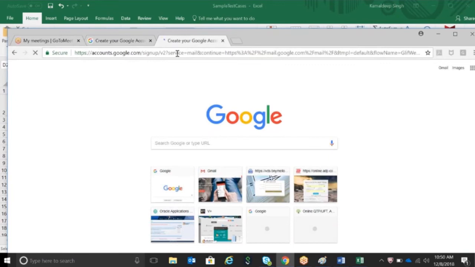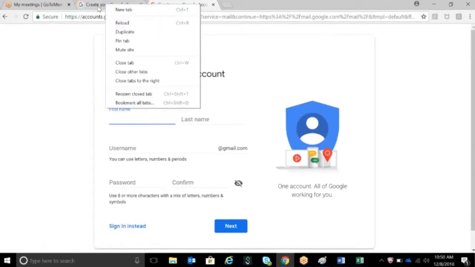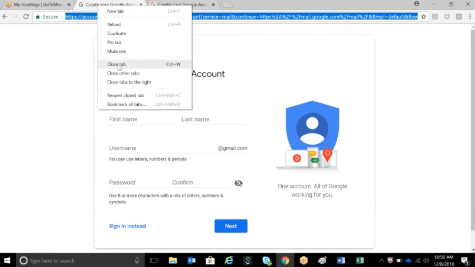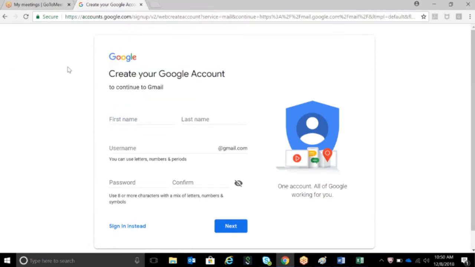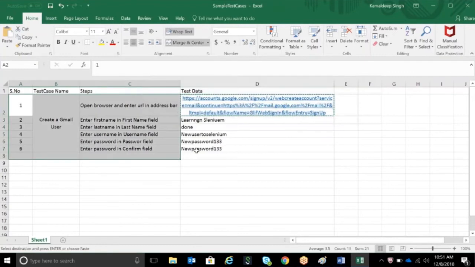Now what I'm trying to do is, for example, we have written the test case, and the development team has given you the application to test. What we are going to do is open the test case that we have created for that functionality. This is the test case that we have created.